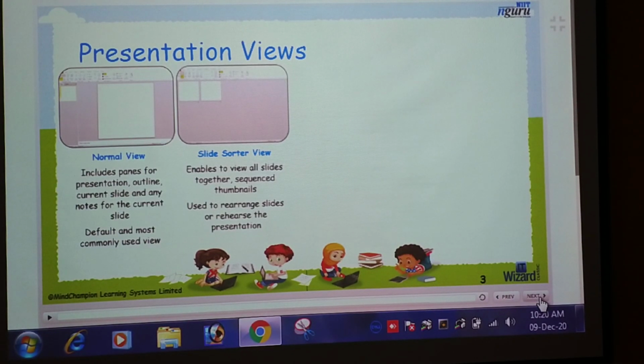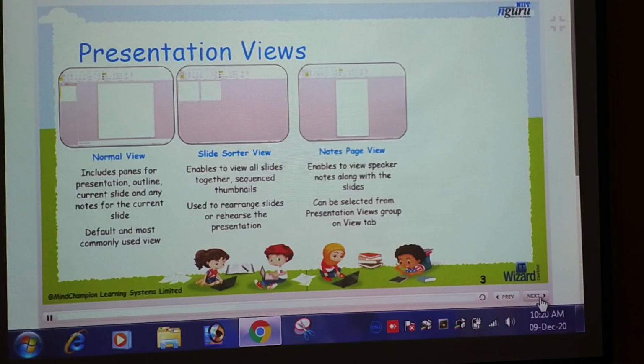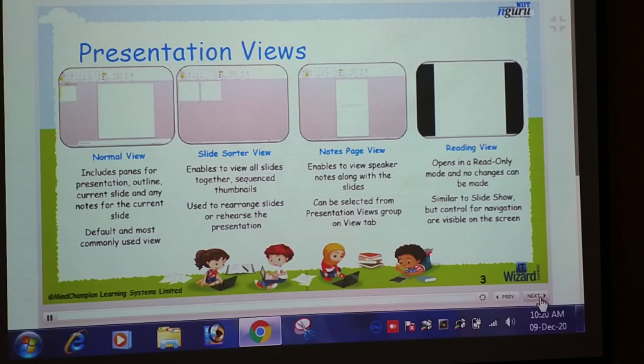Okay. Now third is notes page view. Notes page view enables you to view speaker notes along with the slide. Notes page view can be selected from the presentation view group on the view tab. And fourth is the reading view.